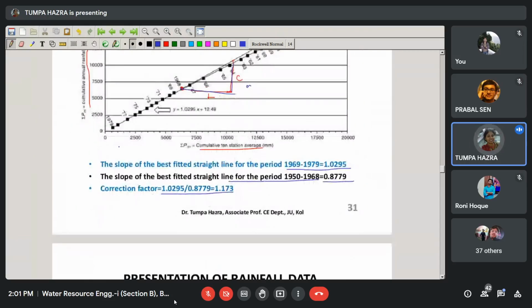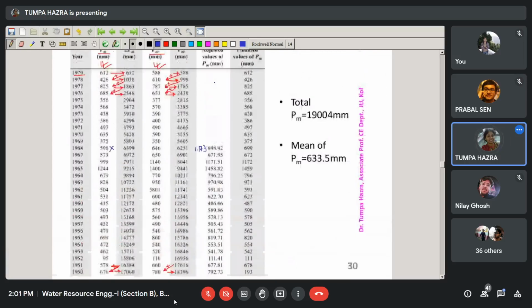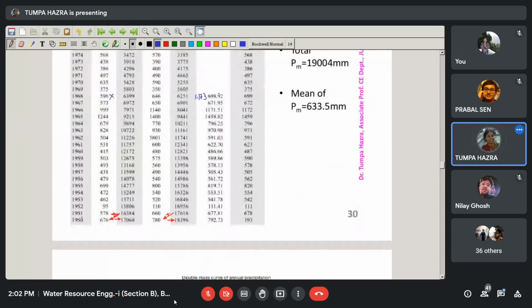596 multiplied by 1.173. 1.173 is your correction factor. So from 1968 onwards, you will multiply the data by 1.173. Okay, you will get the corrected value of PM. And then